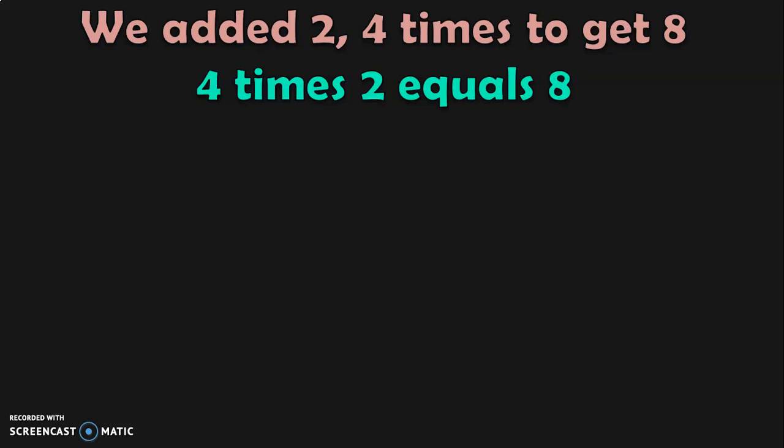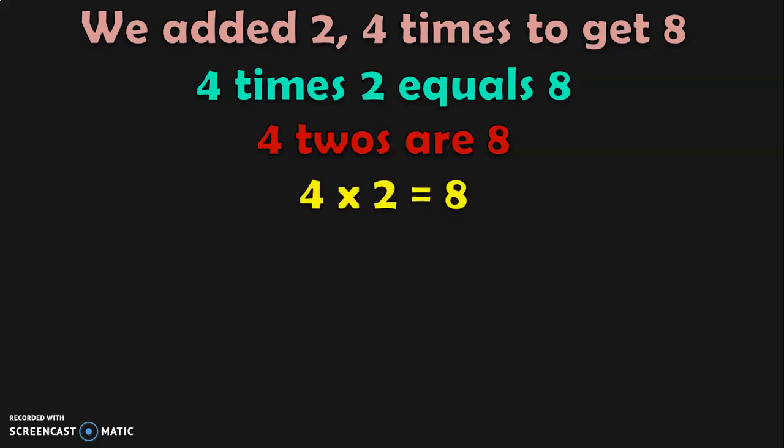I'll repeat, we had 4 groups of 2 mangoes each. We added 2 4 times to get 8. This can also be written as 4 times 2 equals 8. There is another way to write it. 4 2s are 8. Or you can represent it as 4 into